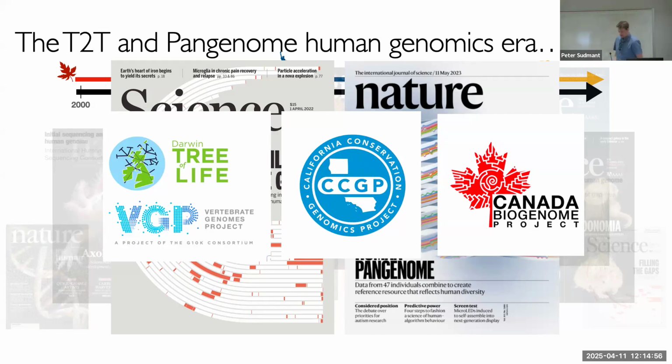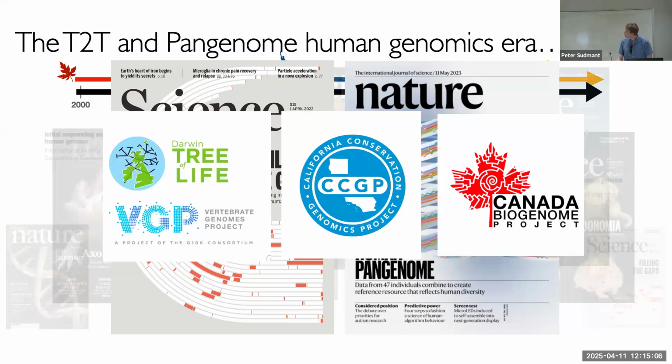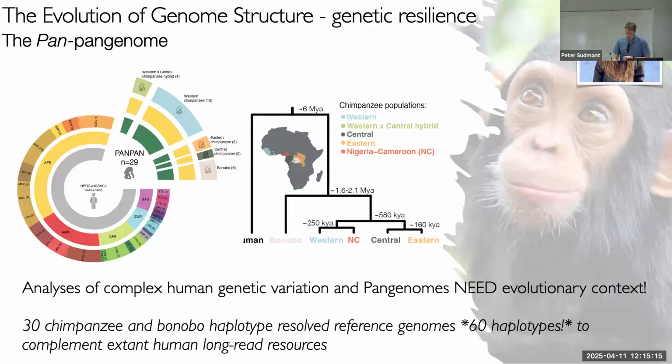All right. So these projects are fantastic and phenomenal, and many of you have really exciting projects involving mice and rats. But one of the things that's very important about human genetics is that we need to put it in context, and one of the important places to put it in context is in evolutionary context. And so one of the things we've been doing is building a complement to the human pan-genome with chimpanzees.